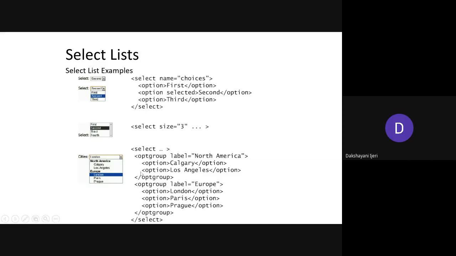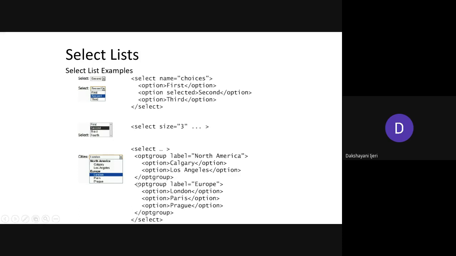First, if you want to give labels to the groups of the options, you have to start with optgroup as an element here. Okay, so the name of the element is optgroup, followed by the label attribute to give the label to that group, that is North America, followed by as many options as you want to group under this heading. For this North America, you have two options you want to include, so you have used two options followed by the names of the cities and respective closing elements. Once you add all the options under this group, you need to close that optgroup.